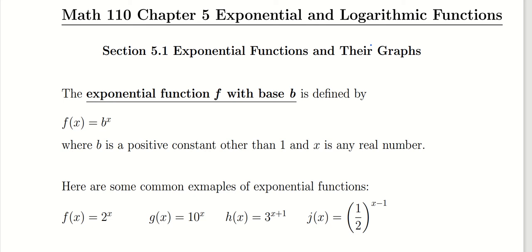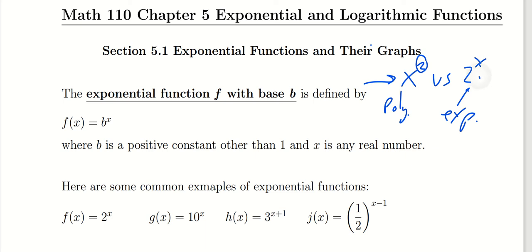If you want to compare some simple ones, let's say x squared, which is our quadratic polynomial, versus an exponential function, which is 2 to the x. The difference being that whenever you have polynomial terms, each individual term has the same exponent, but the base is allowed to vary. Whenever we have an exponential function, now it's the base that's a constant, and the exponent is going to vary. Okay? We require that the base be positive, so we avoid complex numbers, and we want to